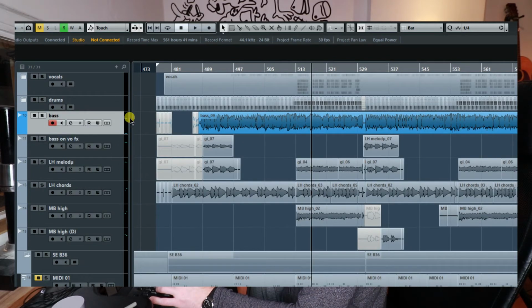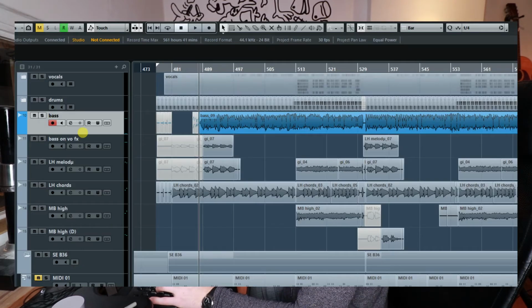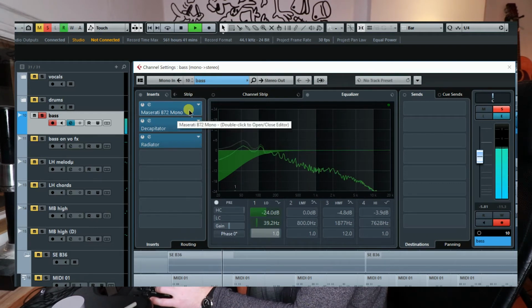Next up we have the basses. Yes, actually got three basses on this recording, three bass guitars. This is the main one. Also got a Decapitator, some EQ and compression,